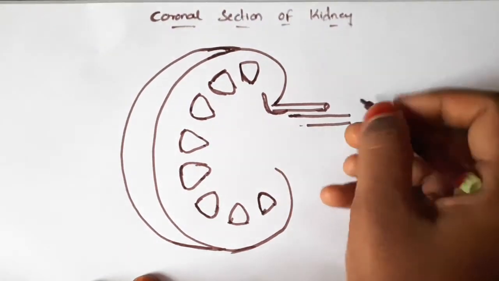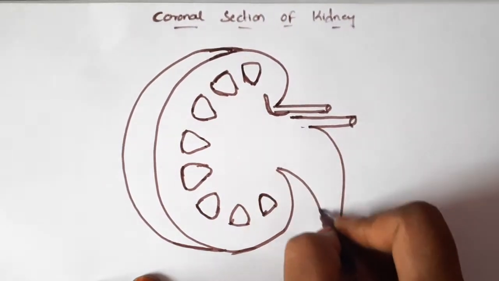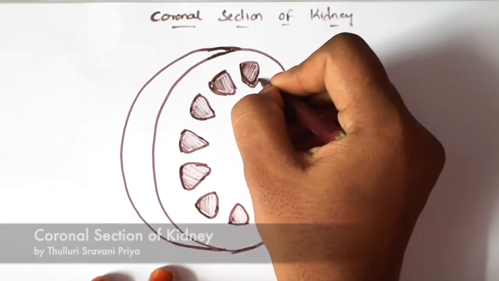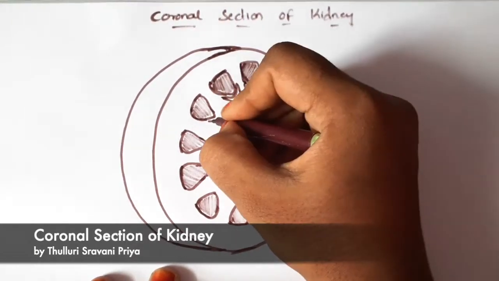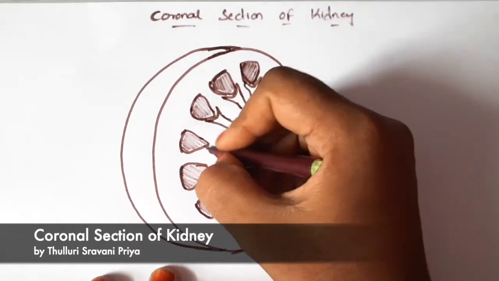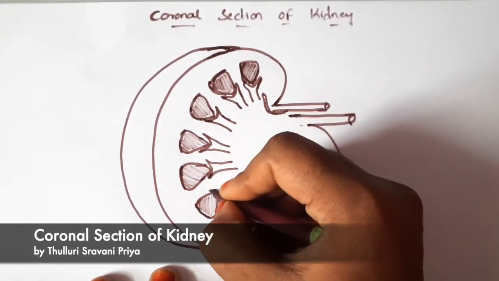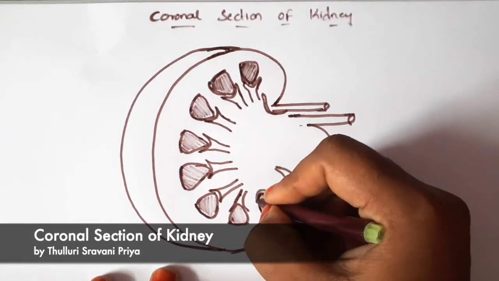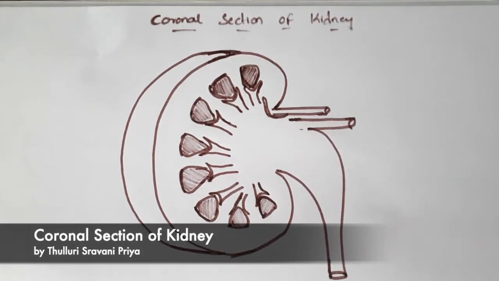At renal sinus, we will see the major vessels, nothing but renal artery and the renal vein, and this is the ureter. These are the minor calyces. Each minor calyx is indented by 2 to 3 renal papillae. This renal papilla is nothing but apices of these renal pyramids. There will be 7 to 10 minor calyces, and they will combine together to form 2 to 3 major calyces.